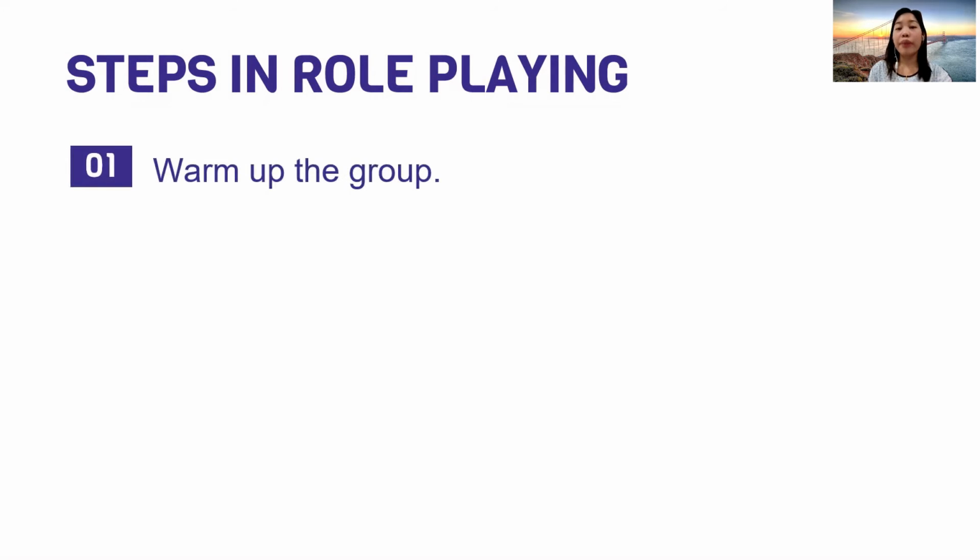Step 1. Warm up the group. This step involves presenting students with a problem, providing examples, and having students predict what might happen. Step 2. Select participants. In this step, the characters and their characteristics are identified and students volunteer or the teacher